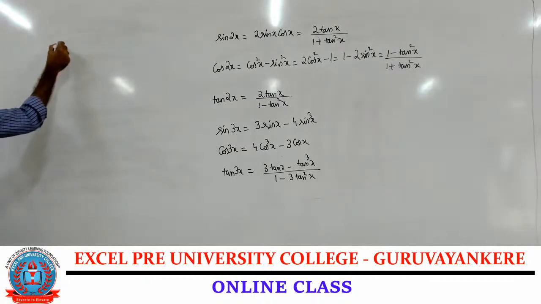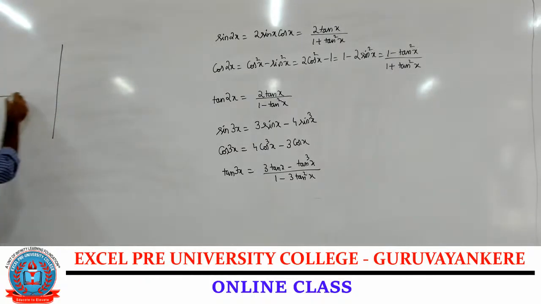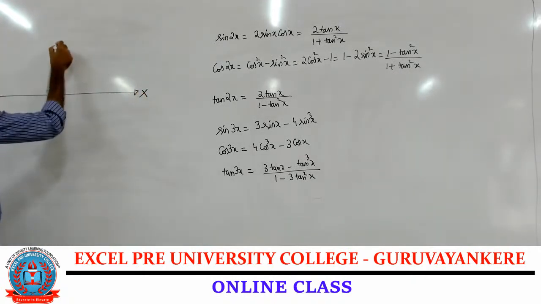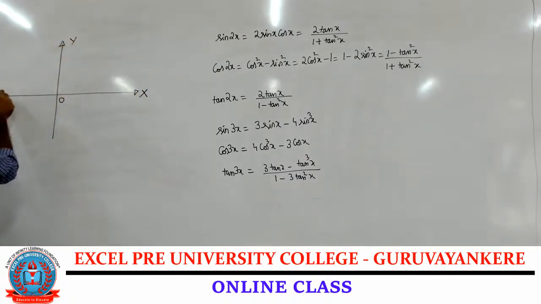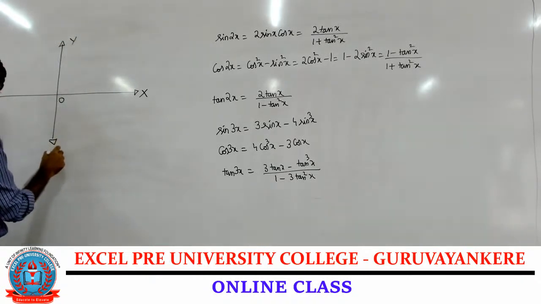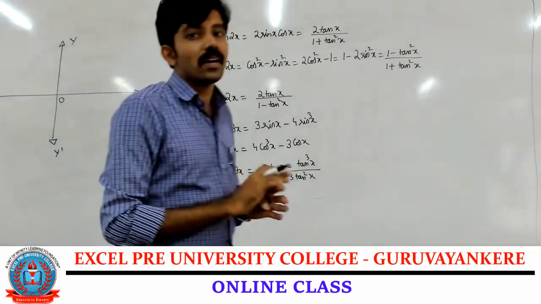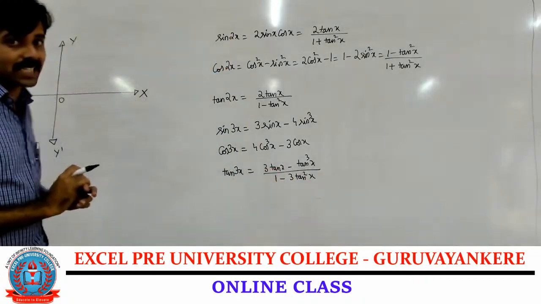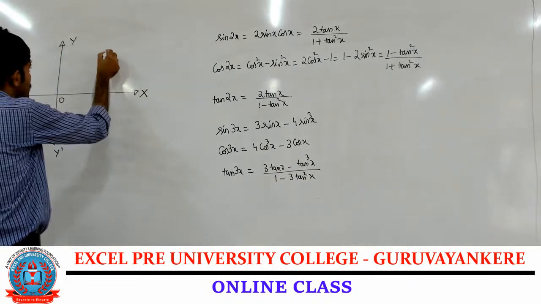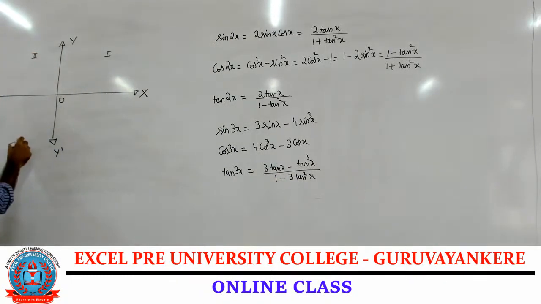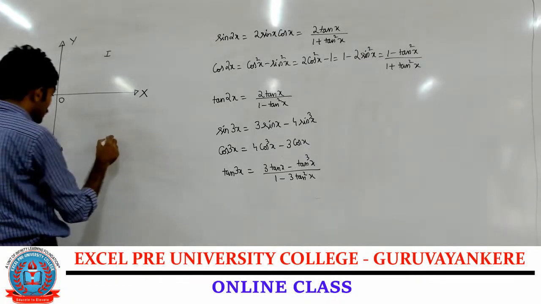So the two real number lines taken, which are mutually perpendicular to each other, X dash OX and Y dash OY, divide the plane into 4 quadrants, as we discussed earlier also. This is called the first quadrant, this is the second quadrant, this is the third quadrant, and this is